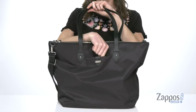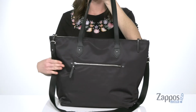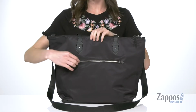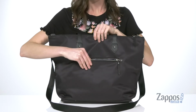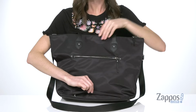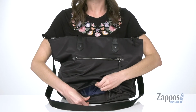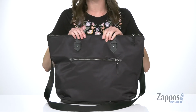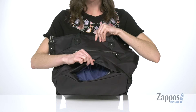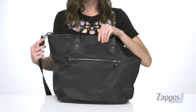The slip pocket on the front is the perfect size to hold your phone, and check out this zippered pocket around the back. This is not your average zipper pocket. Well, it can be used as one, I suppose, but at the base of the bag here, there's a secondary zipper, and when you open that one up, it actually creates a slip where you can stick the handle of your luggage in. By utilizing this feature, you're able to roll this bag around hands-free, or you can use the